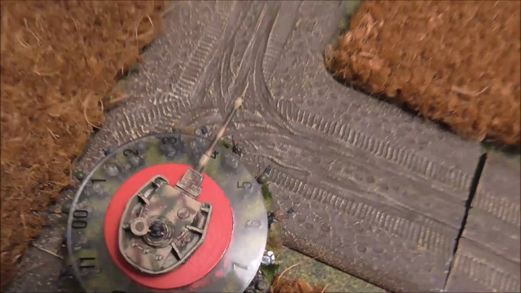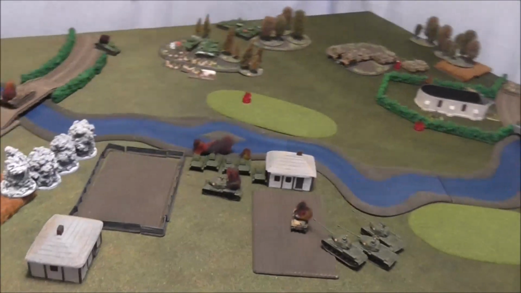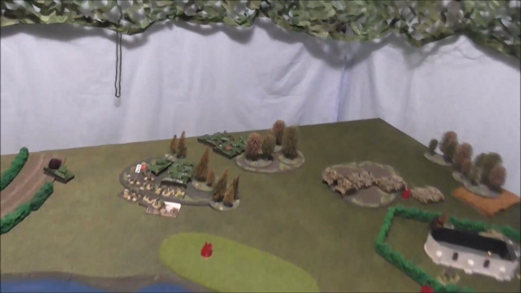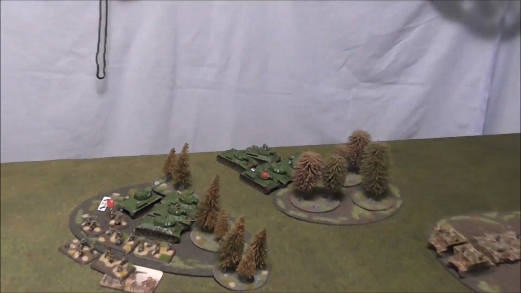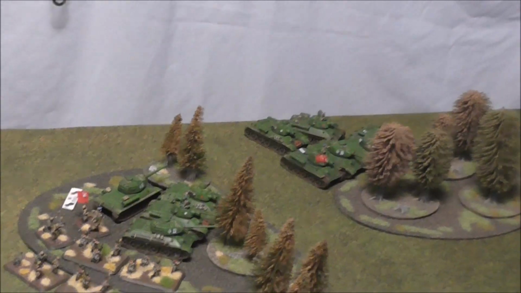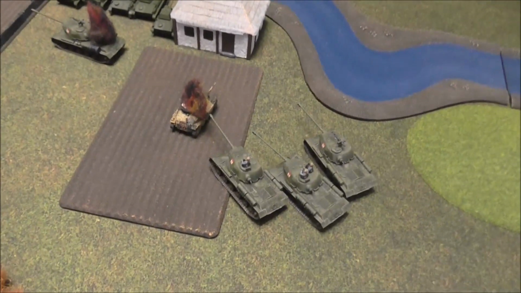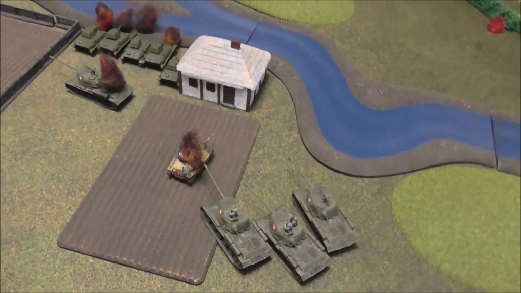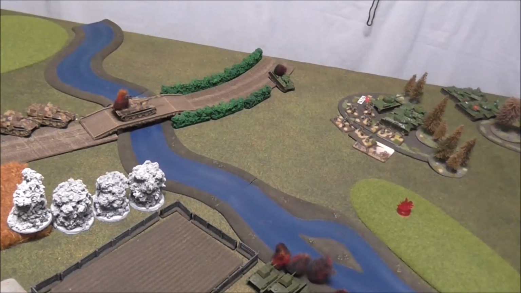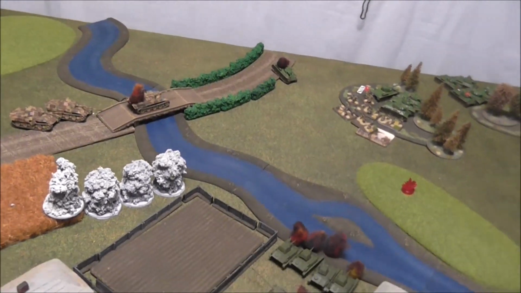Soviet turn 4. So the wee T-70 sticking around, and that was about it really in terms of motivation. In terms of movement, these T-34s don't like all those Panzer IVs, so they've backed off behind a wood as much as they can. These guys managed to dig in. The IS-2s managed a blitz that got them at long range in sight of the guy on the bridge, and in terms of shooting they got 3 shots, 1 hit on the side,